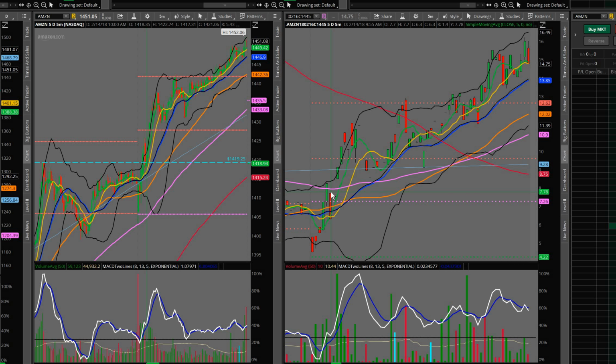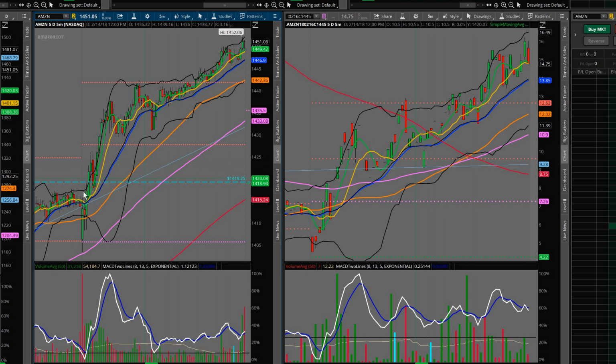Otherwise, if it breaks through the pivot, which this did, it went through over here. You can see a little pullback. So it went through, came back, but still the low was only 14.17, so the option only came back to 8.52. So it never came back and violated this 7, or if you had a stop down at, let's say, 5.50, which is a $150 loss, then you would have been out for a $150 loss, but it never hit that. Turned around and took off all the way up to